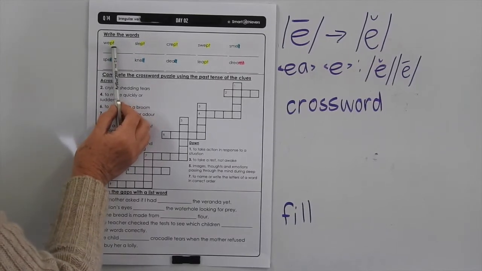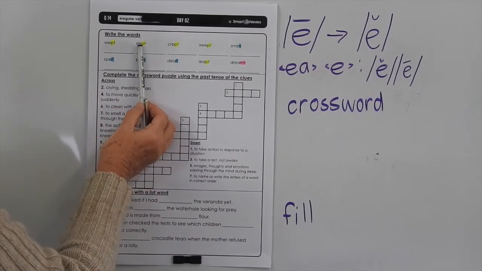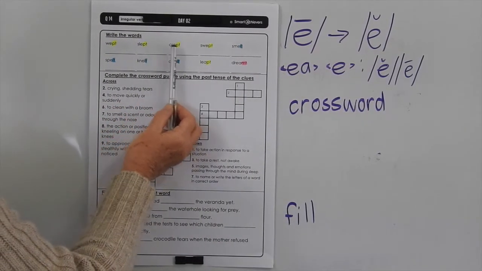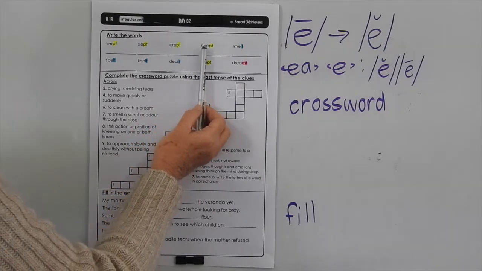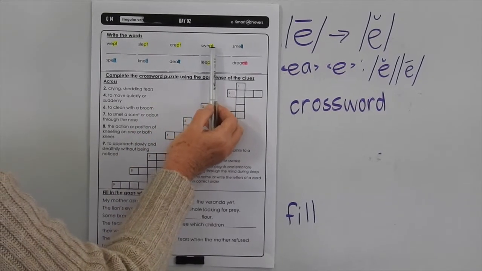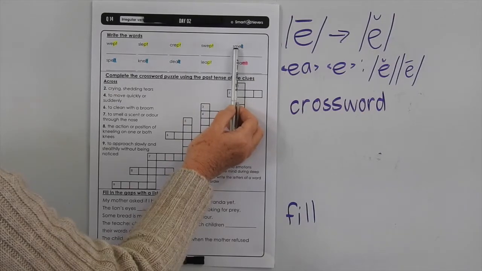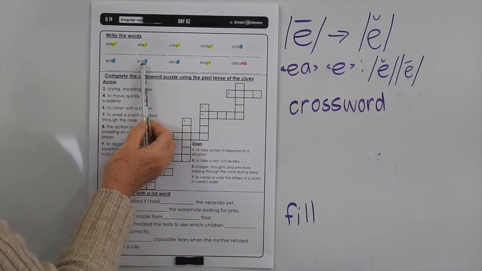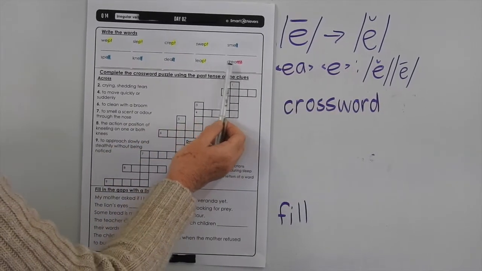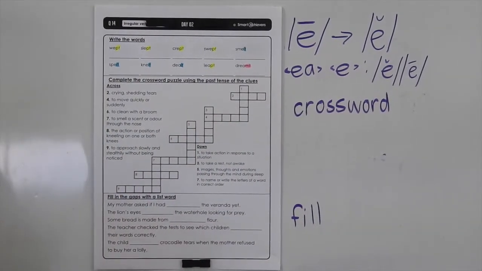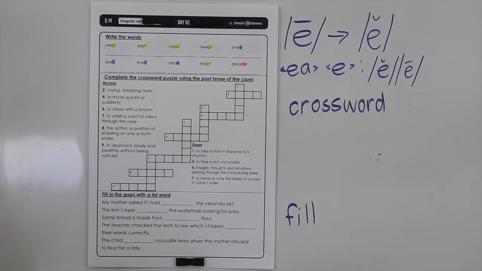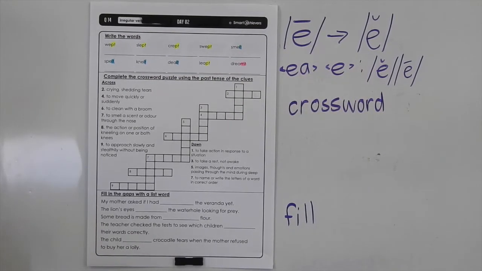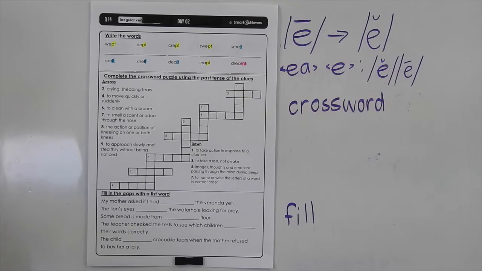Wept comes from the word weep. Slept comes from the word sleep. Crept comes from the word creep. Swept comes from the word sweep. Smelt comes from the word smell. Spelt comes from the word spell, etc. Knelt, dealt, leapt, and dreamt. So just be aware of that, because that's an easy way to recognise an irregular verb where the long E sound is changing to a short et sound.